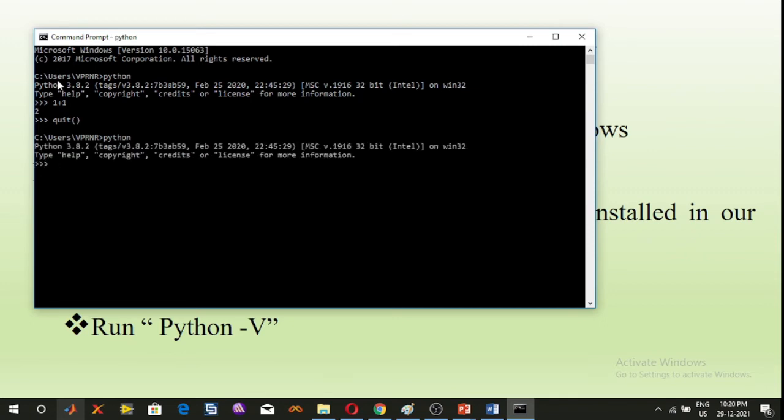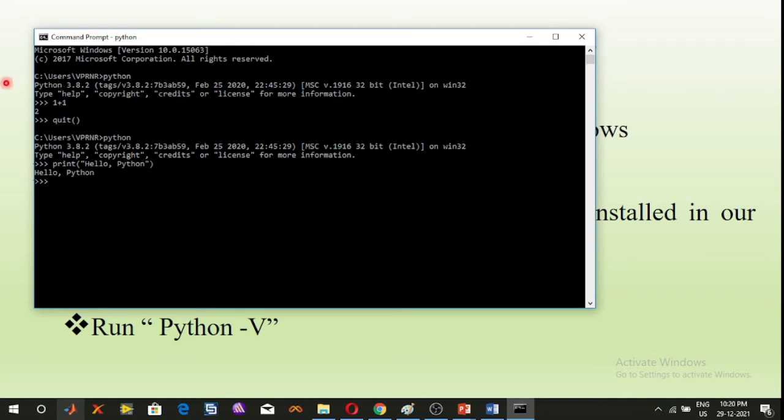Here type the program, the print statement, print, within the double quotation, hello Python, close the bracket, press the enter key.